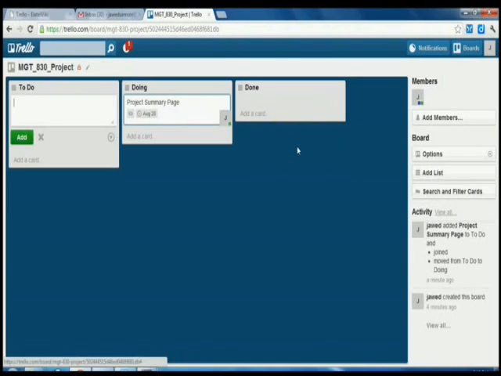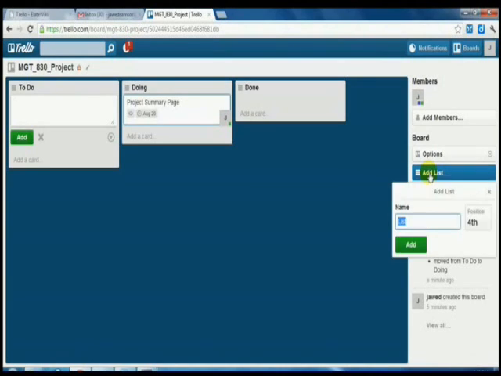And now we are going to add another list. Sometimes there are cases that in a project you will need more than just the 3 lists that are already there after you create your Trello account. In this case, for example, I'm going to create a random list. In order to do that, I'll just click on the add list button on the right side, and I'll type in a name for my list. In this case, I'll type in submission,